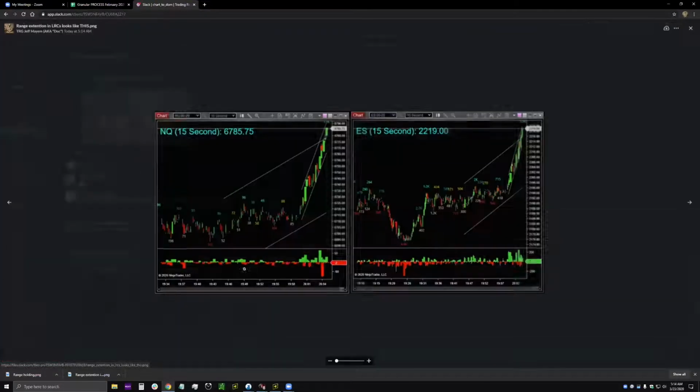Okay, so this is what range extension looks like. It goes past the longer one. So basically what this is telling you mathematically is 96% chance. In other words, the short one is moving up so aggressively, it's almost vertical. And the second it touches the longer one, it just blew right through it. And that's because you're in a black swan.